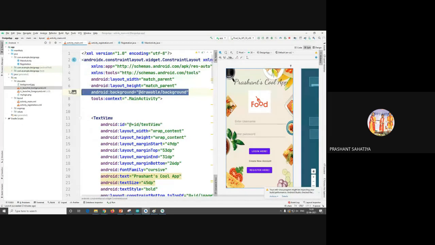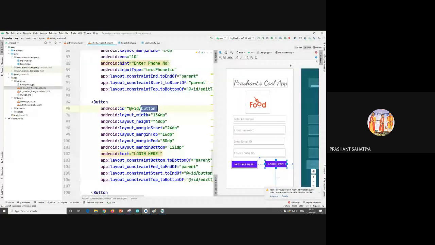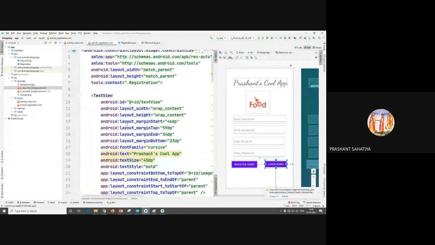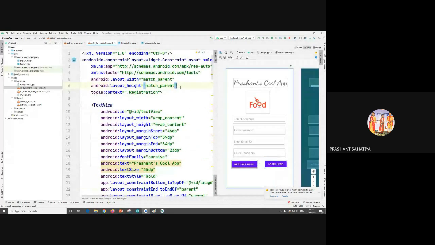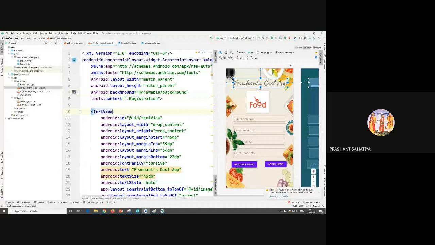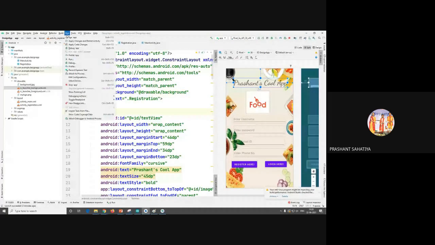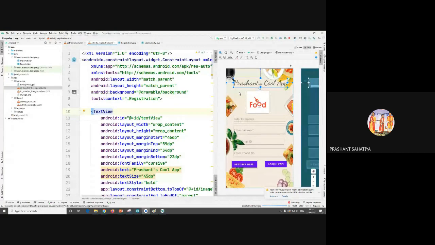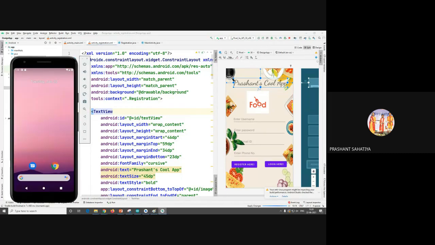Same thing I can do for the other one. Control C, go in the XML, go in the layout portion. This is your layout, and I'll paste it here also. So it is looking the same in both applications. Actually, you should not put it like this, but I'm just showing you the example. Let us run the activity. You can set the transparency and everything also.